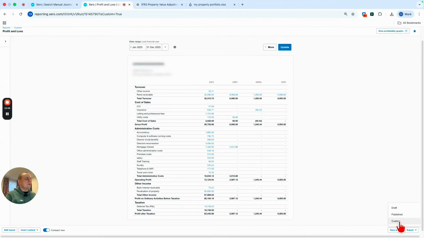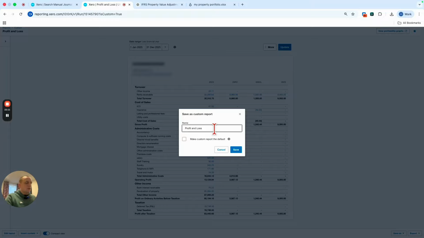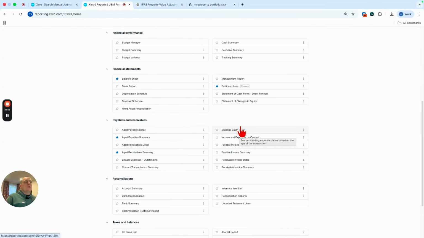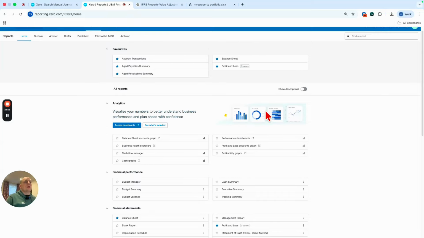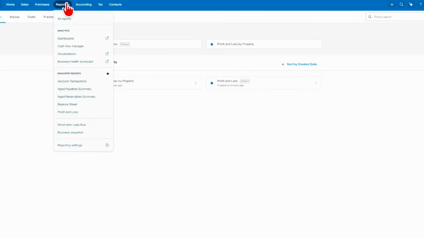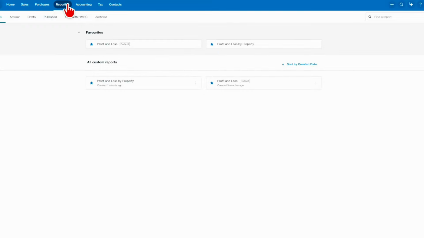So I'm going to click Save As, Custom. I would call it Profit and Loss by Property. Save. And what's really important now then is we need to go in there and just make sure that we can view it. So it should be under Reporting. It's not there as a default. So what we do is we can go on All Reports. And basically what we need to do is find the report, which will be in Custom Reports. So we click on, see it's Profit and Loss by Property. Click on a blue star, and that's now going to show when we save it under